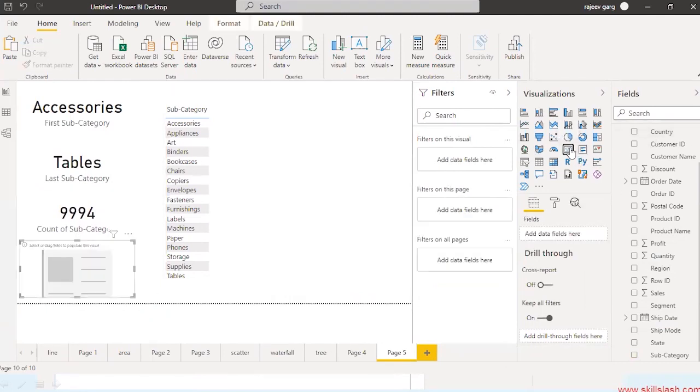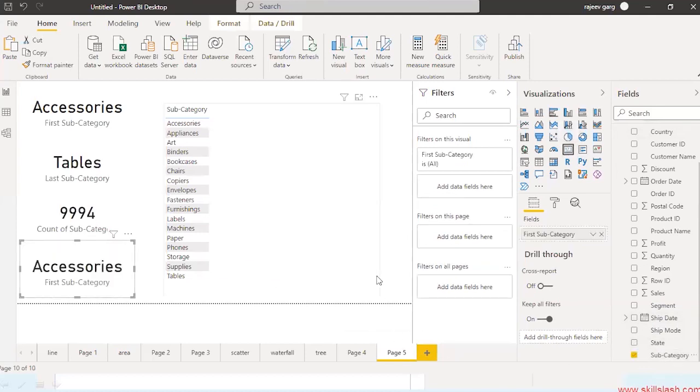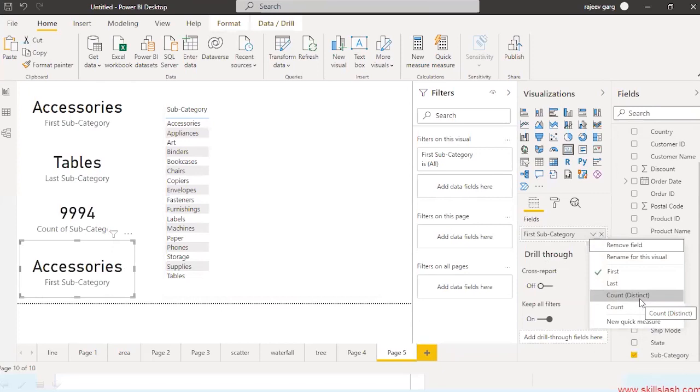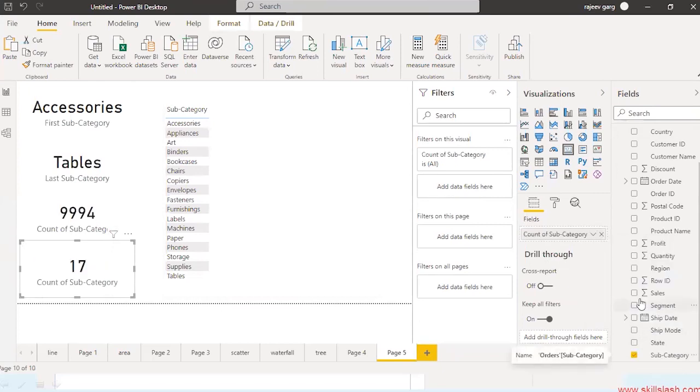Let me take a card once again. And again, I would like to put the subcategory over here. You can drag it directly onto the visual. And here you can say count distinct. Count distinct means it is giving us the unique subcategories, and there are overall 17 subcategories over here.